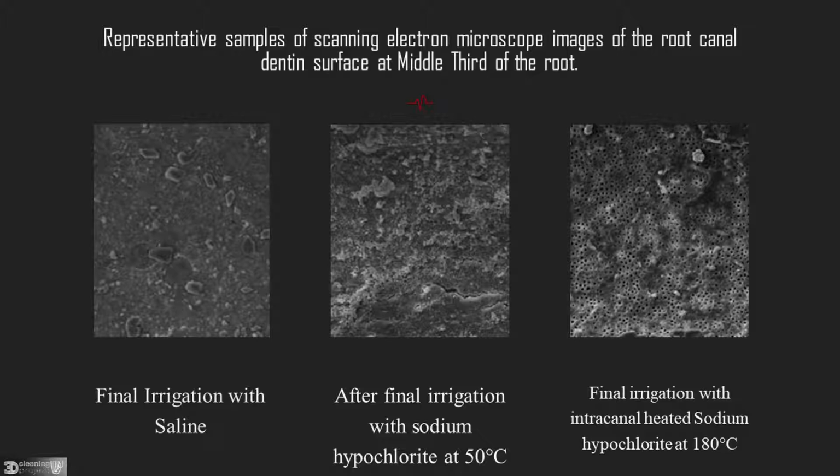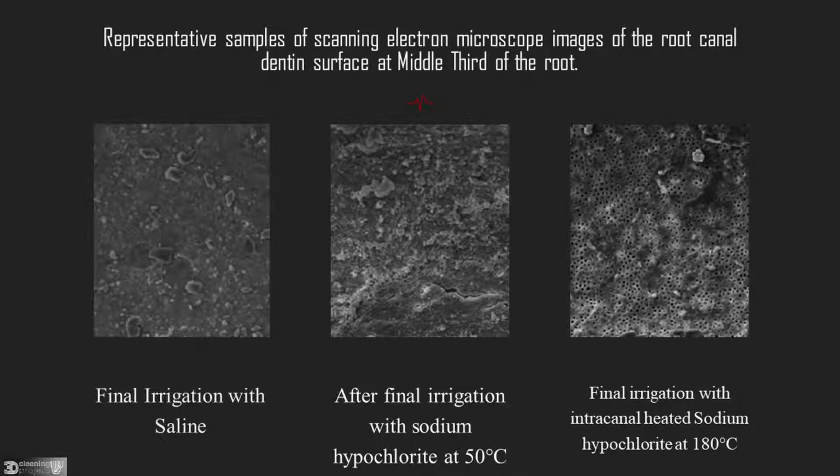tooth. The second one is a representative SEM image of root canal dentine surface at middle third of the root. Left one, final irrigation with saline. In the middle, after final irrigation with sodium hypochlorite at 50 degrees. On the right, final irrigation with intracanal heated sodium hypochlorite at 180 degrees. And also, you can see clearly the difference in cleaning